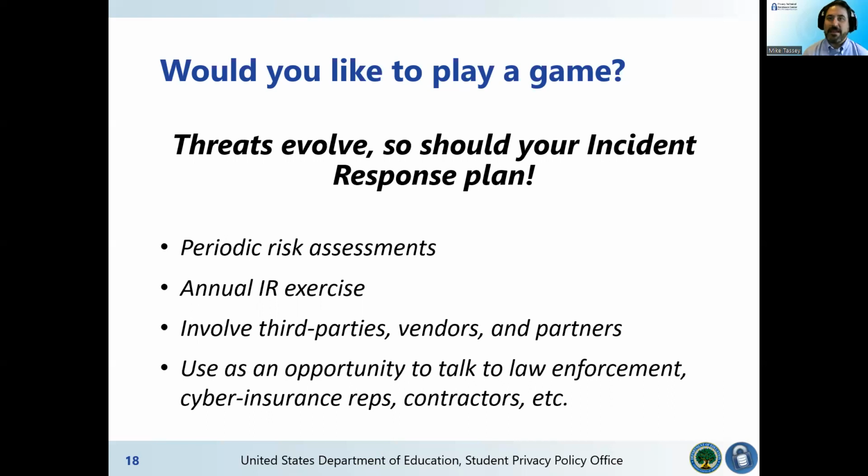But just doing an annual risk assessment and making some changes as a result of that is not alone sufficient to ensure that your incident response process will work well in an actual cyber incident or data breach. For that, you need to test your incident response plan against some of those threats in a simulated incident response exercise. We recommend that every organization should conduct at least annually an incident response plan exercise, like a war game,